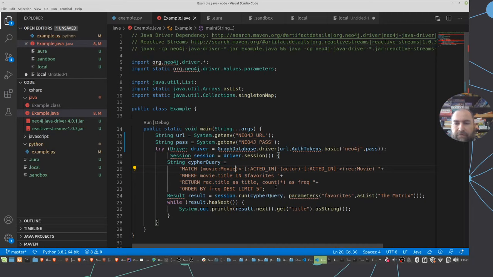So if you want to do different data types, then we have to convert things to something else, right? So instead, if we don't return the title of the recommendation, but the movie itself, then we would say rec.get("rec"), and then asNode,